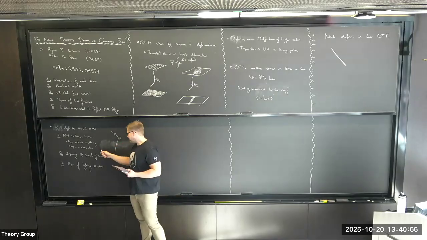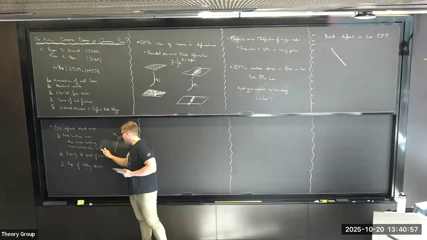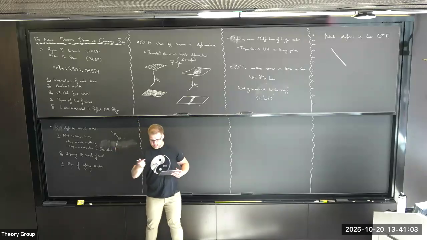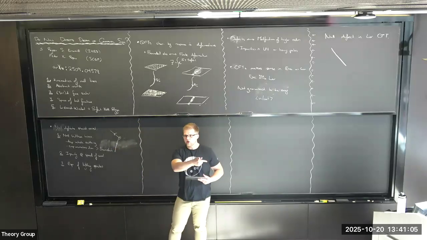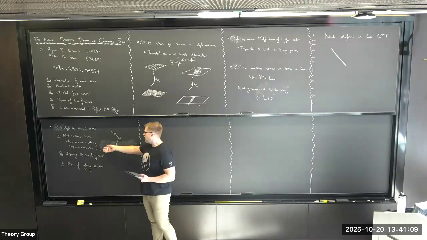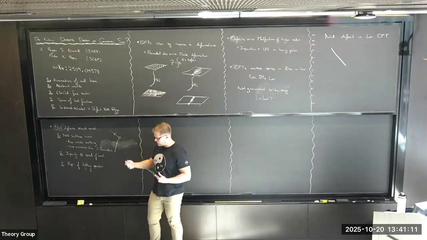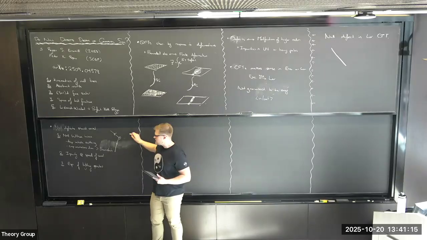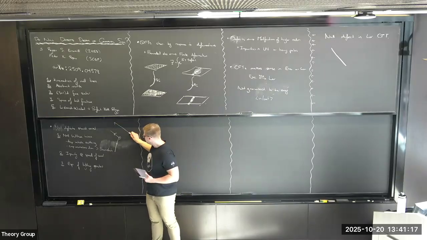A very physical consequence or application of this is in Bremsstrahlung problems, because this is basically telling you if you have a very fast moving charged particle that hits some material and bends off at another angle, how much radiation radiates off. It's also very important for problems of soft radiation. When you're describing soft radiation, you can usually resum all the soft radiation in one direction as some semi-infinite null Wilson line.